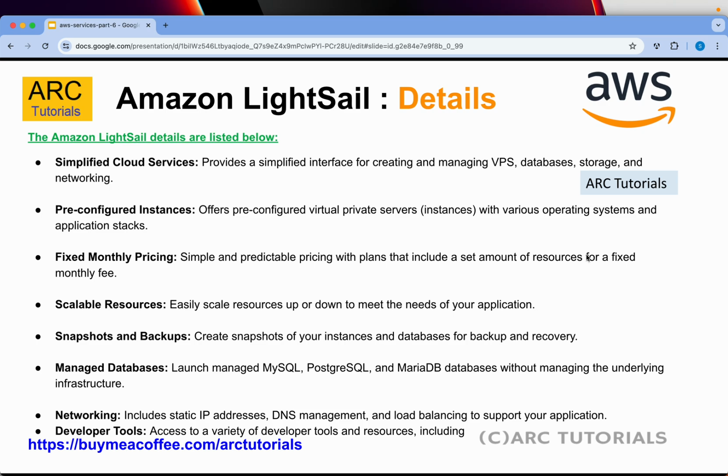Amazon LightSail also provides managed databases, which means you can easily launch and manage MySQL, Postgres, MariaDB, all of that without actually taking the pain of installing, managing, maintaining, upgrading, etc. For networking, it also includes static IP addresses, DNS management, and load balancing. It also offers various developer tools, which include some of the editors, code completion, etc. In all, if you are looking for a small, lightweight, pre-configured cloud setup to get your application started, Amazon LightSail